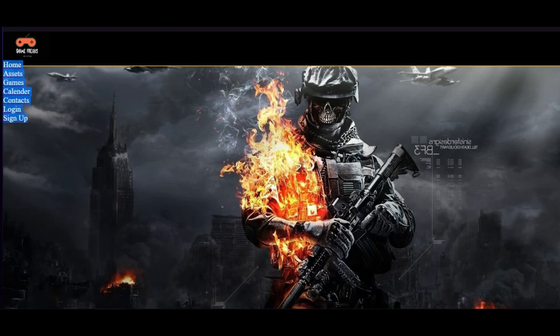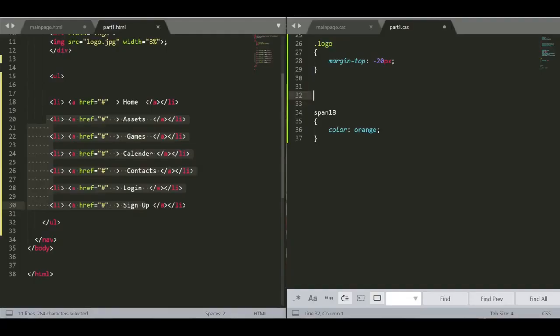Next thing is we should position them on top and in the center of the navigation bar and give them a white color. Now to bring our unordered list on top and to the center of our navigation bar,